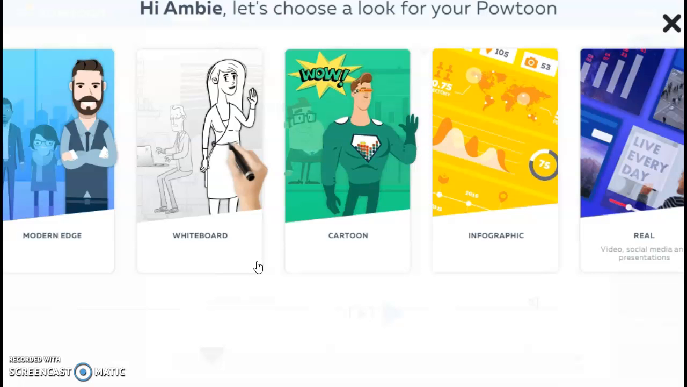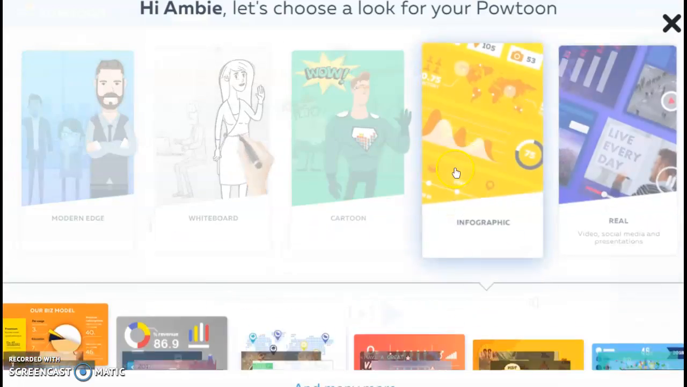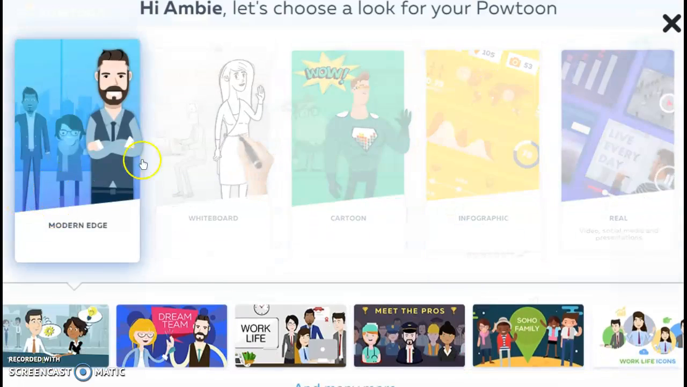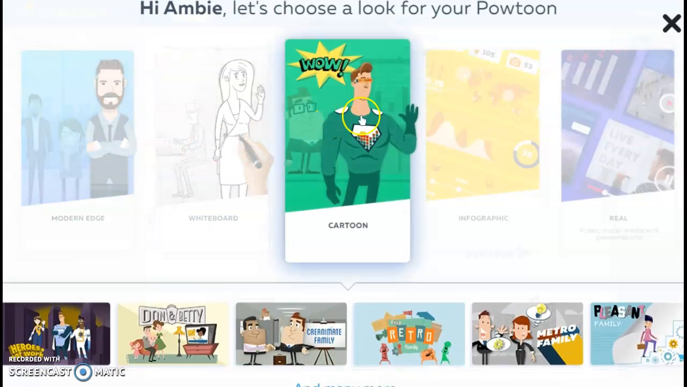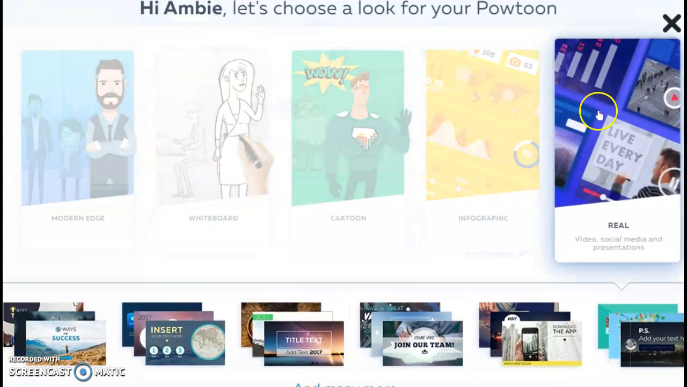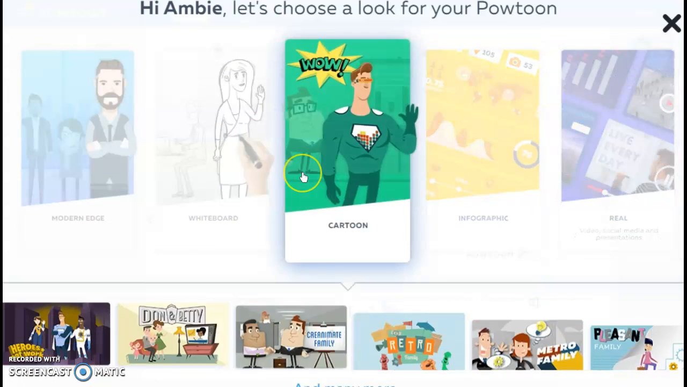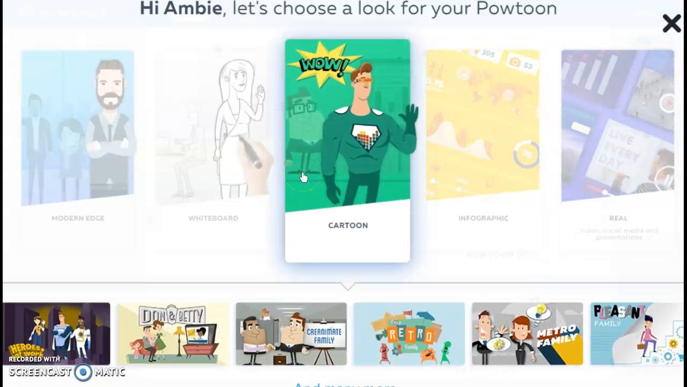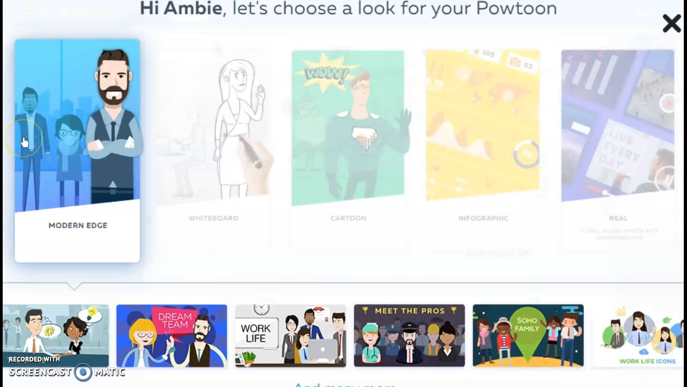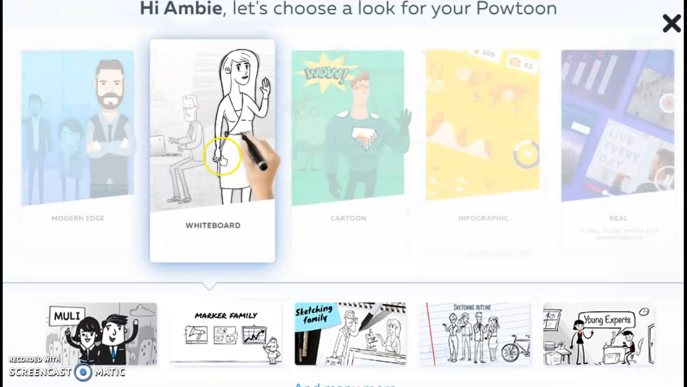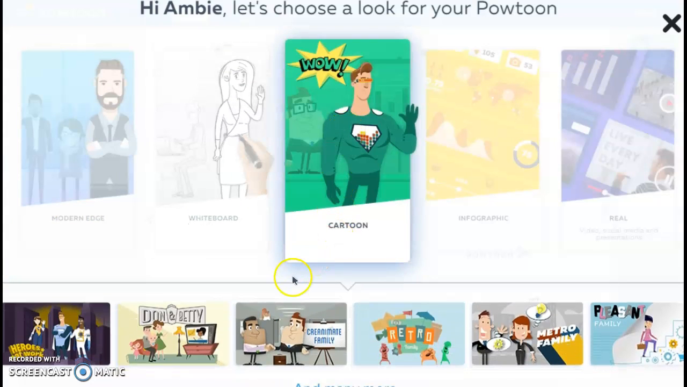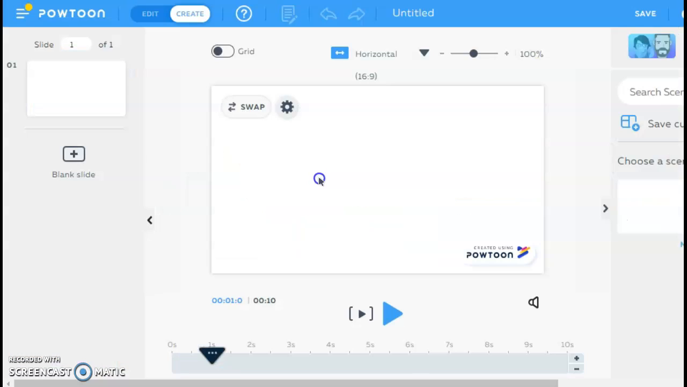So in the blank one, again, you have options. You can choose from Modern Edge to a whiteboard to a cartoon, an infographic, or reel. So there's lots of different options for this PowToon. So let's just pick one. So we click on cartoon,